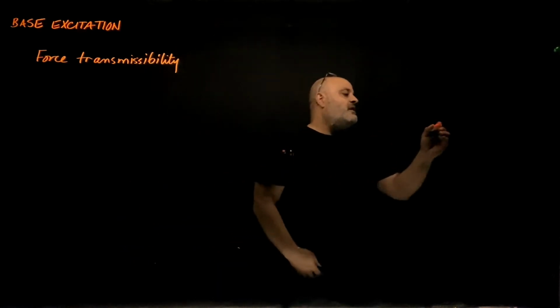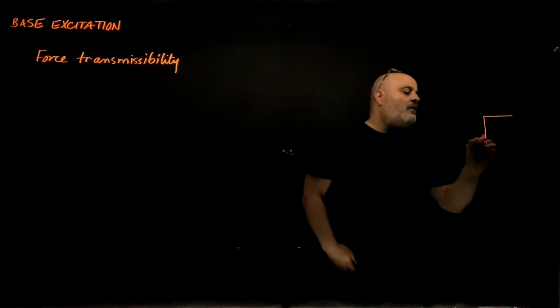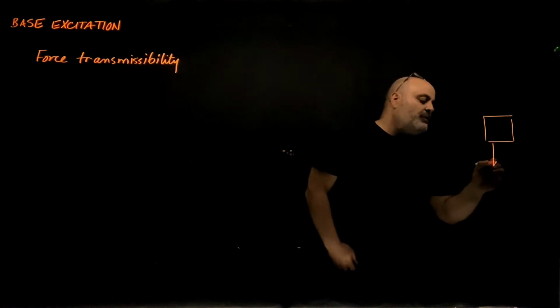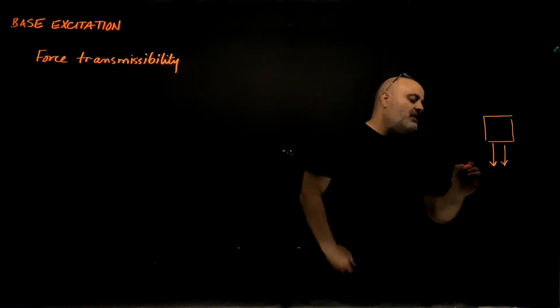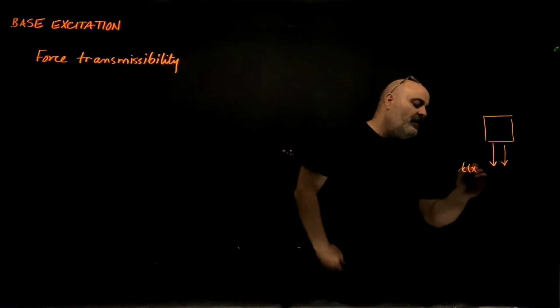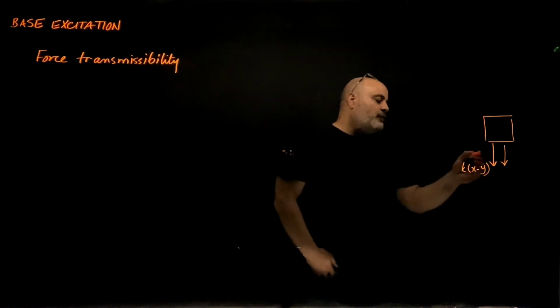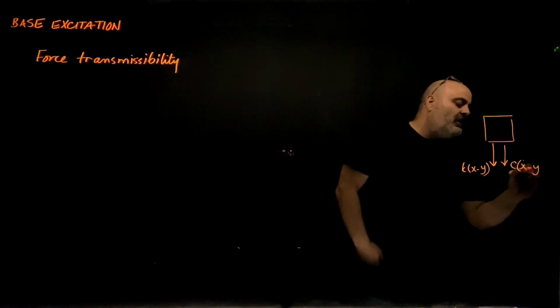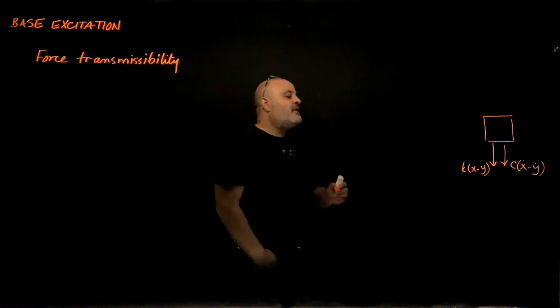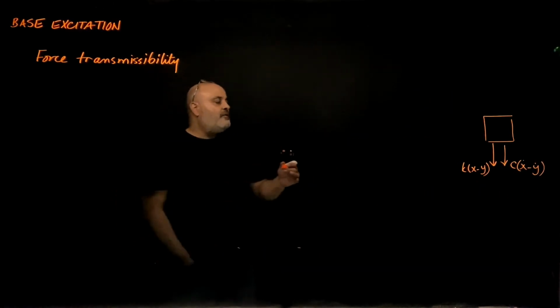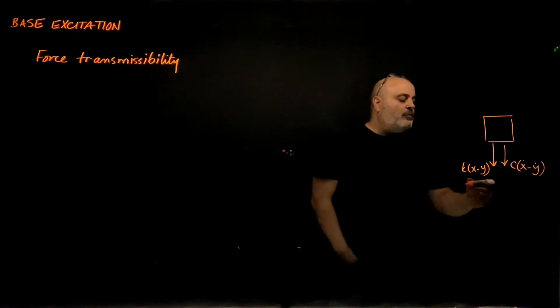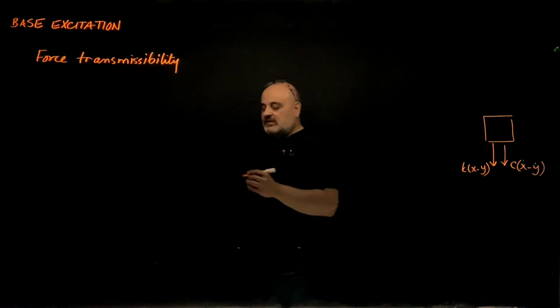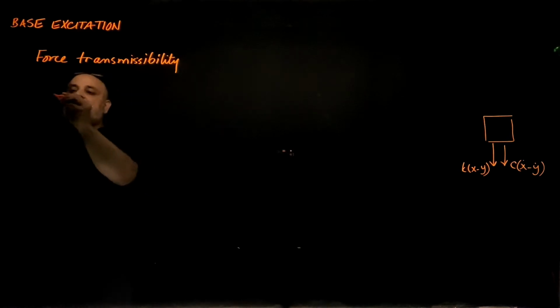We call that the free body diagram. We had a spring mass and a damping spring force and damping force, C(x dot minus y dot). So this is the force applied by the moving base to the mass. So F transmitted